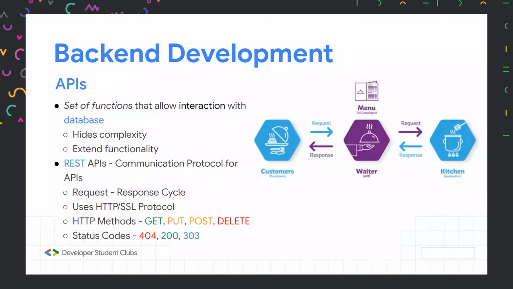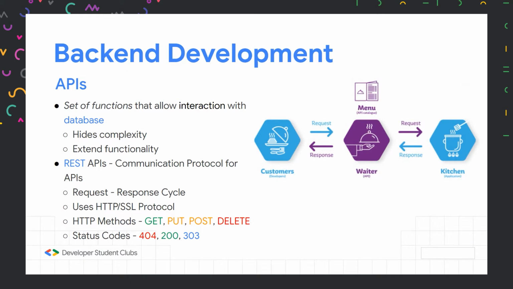Now we'll be talking about APIs. APIs basically mean application programming interface. Now I'll be talking about an example that will help us understand APIs better. Let's say we've gone to a restaurant and we want to order something. We are given the menu. Now this acts as an API catalog that displays what items are available. Now we go through the menu, select one item, and call for the waiter and place the order. The waiter takes the order, goes to the kitchen, and places the order for the food item. The waiter here is our API.